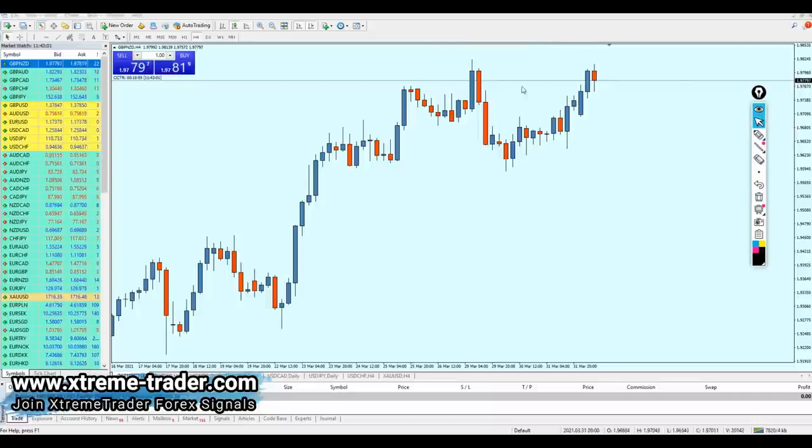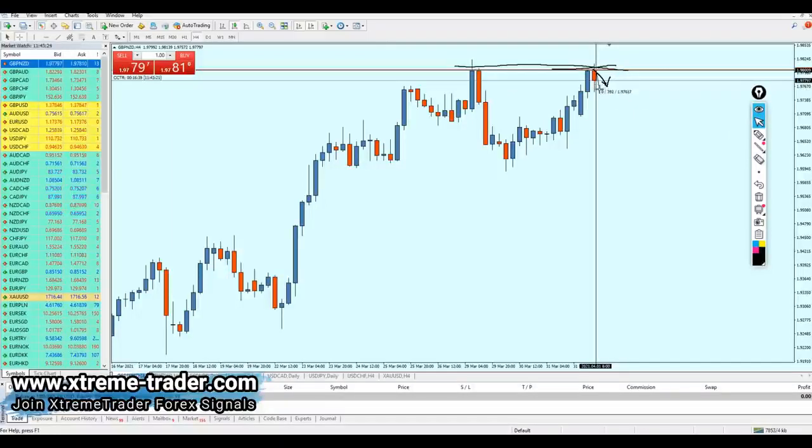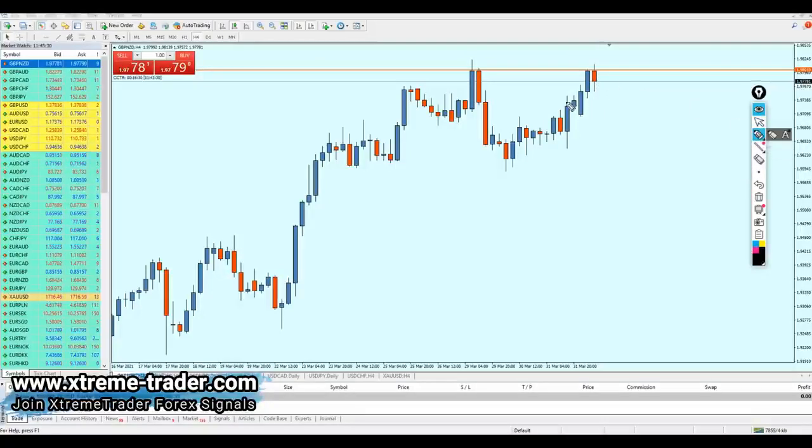As a scalper, I'm always aiming for the best and safest entries as much as possible. For me, if I draw a resistance line like that for the pound NZD, we can see that the pair has already fallen. As we can see, the pair has already reversed from where I wanted it to be reversing. So the pair has fallen, look at that, about 43 pips already. That means that this setup is no longer valid.